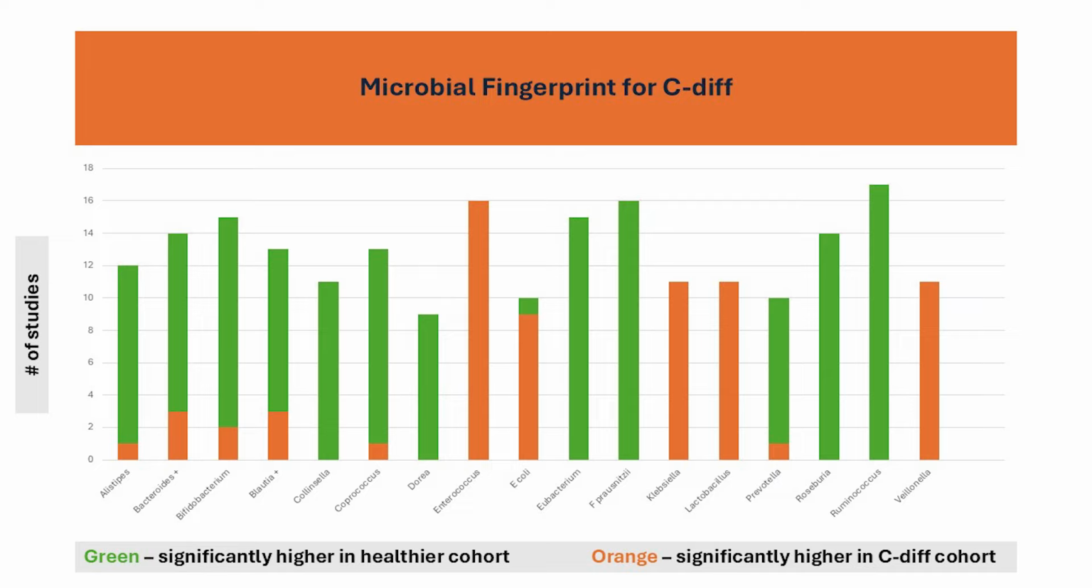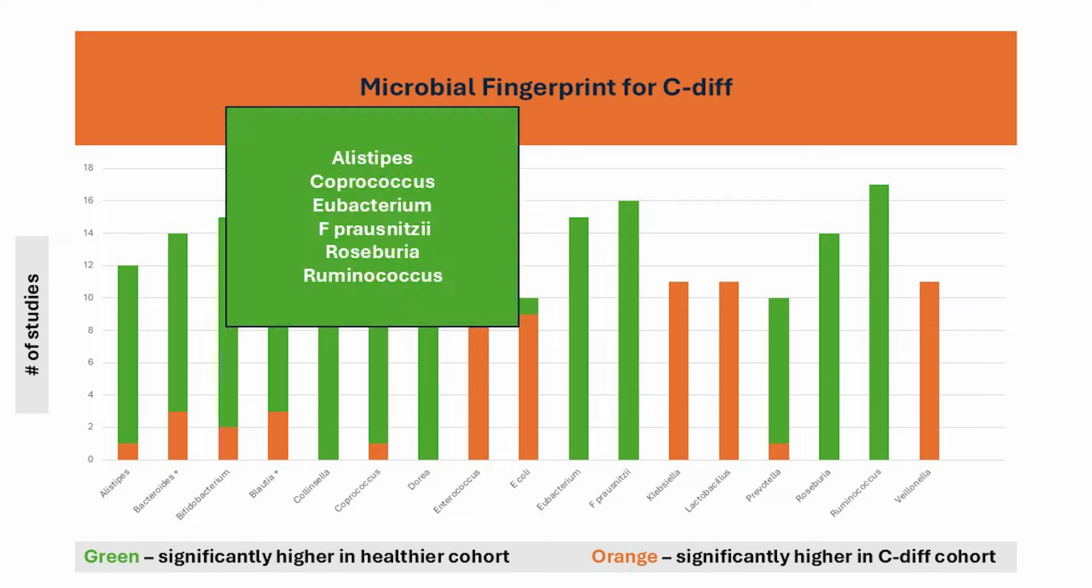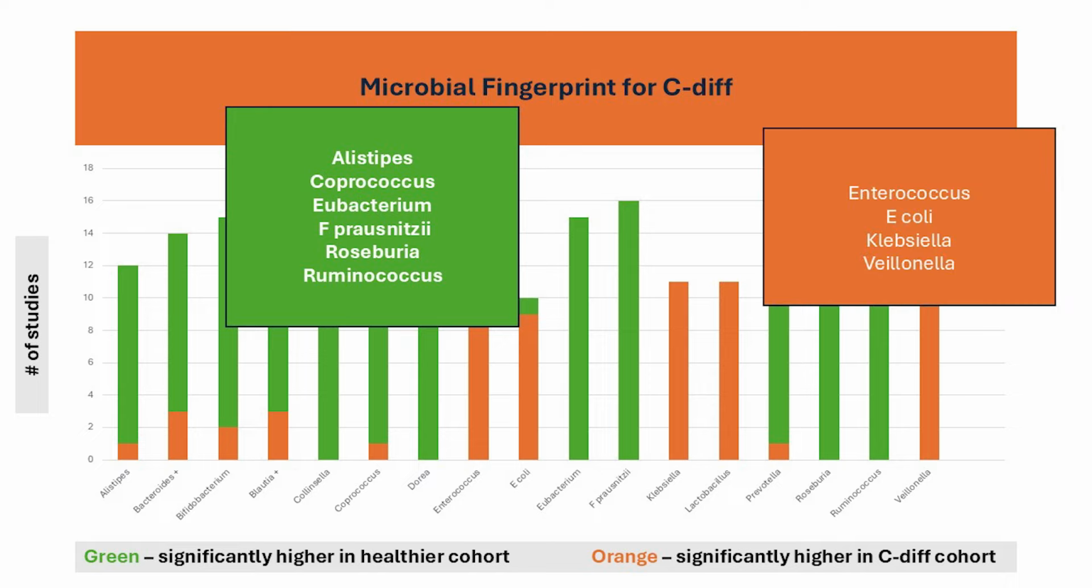Once again, we see significant reductions in the health promoters, Allistipes, Coprococcus, Eubacterium, F. prausnitzii, Roseburia, and Ruminococcus, among others. While many of the classic opportunistic pathogens are significantly elevated in the C. diff gut, to include Enterococcus, E. coli, Klebsiella, and Parabacteroides. And yes, once again, in the extreme case of dysbiosis no less, the quote-unquote probiotic Lactobacillus